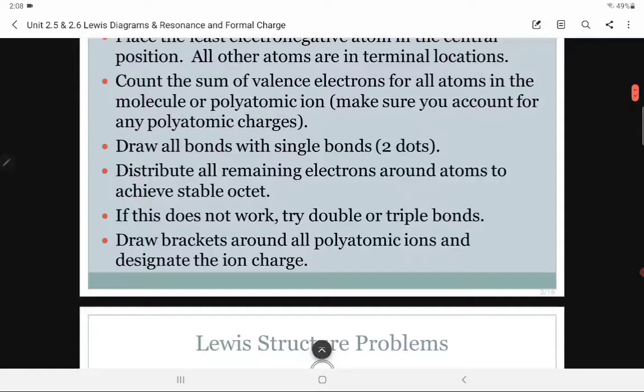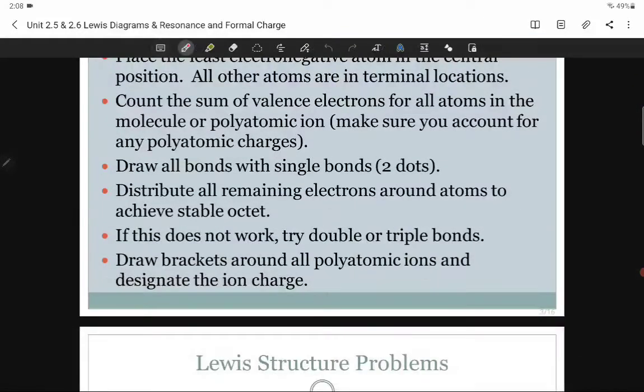This is going to be of interest. I don't know how many of these you did last year, but if you work on any Lewis dot structures that are not atoms, if they're ions, you have to designate that they're ions. So we're going to have the polyatomic ion inside these brackets, and then whatever charge that ion has outside. And that is going to designate that we have some electrons that we accounted for. So if it's a -2, that means it's gained 2 electrons, and we have 2 more electrons